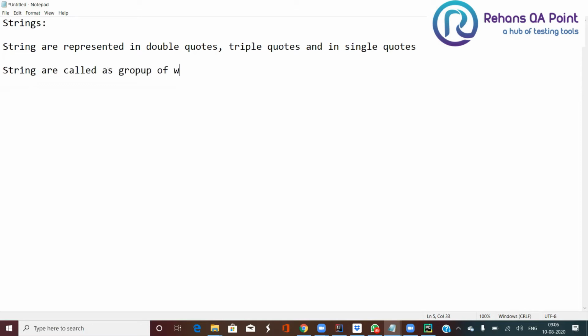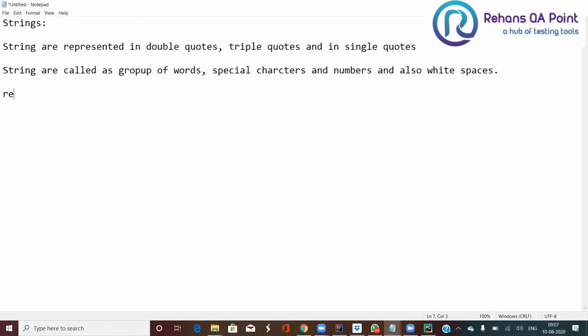special characters, numbers, and also white spaces. Okay.